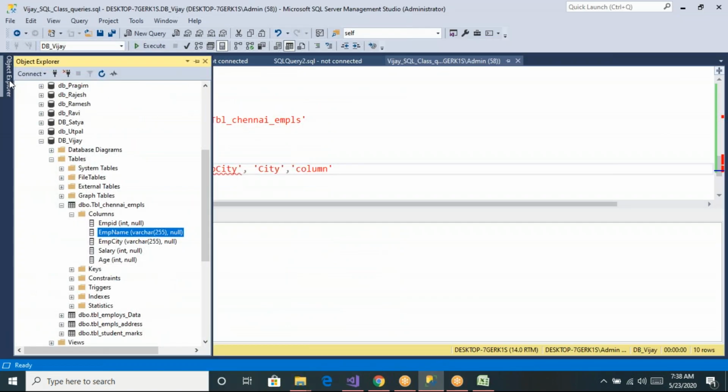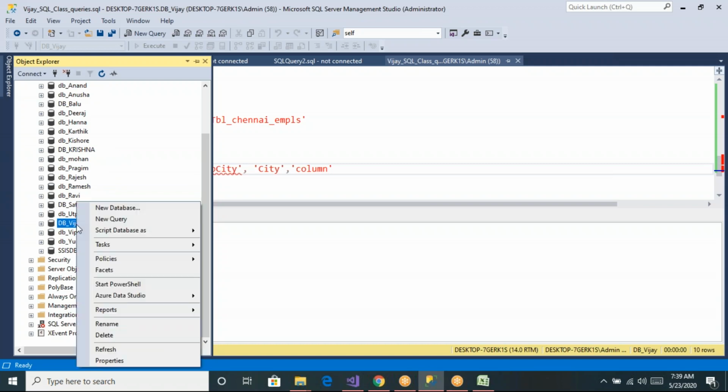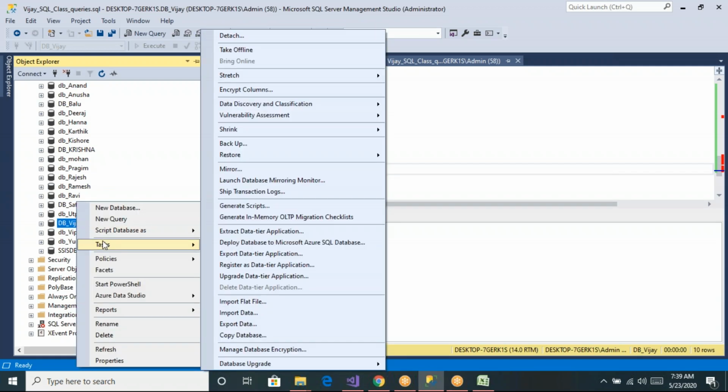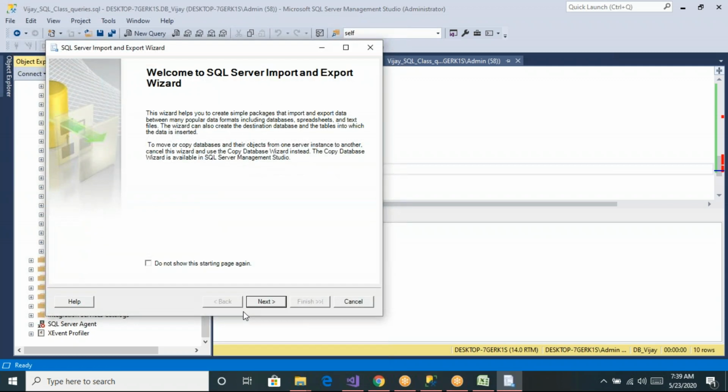Now let us go to this. Where you want to load, in the DBVJ database, let us right click on it. On the database, go to Tasks and go to the Import Data option. Click on the Import Data option. Now let us click on next.